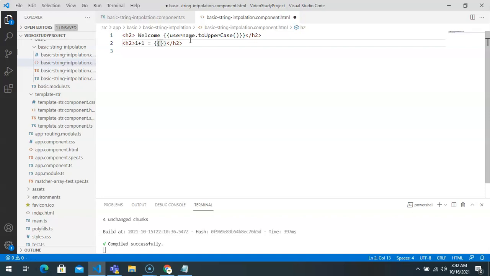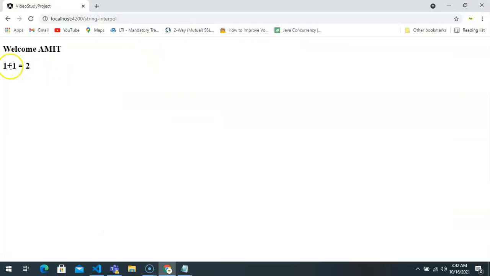In this case, instead of using strings, I'm using numbers, and we are adding two numbers. So we are going to display 1 plus 1 equal to what is the output that is given by the string interpolation. So I'm going to save this. Now let's see the output on the browser. So you can see here 1 plus 1 is equal to 2.